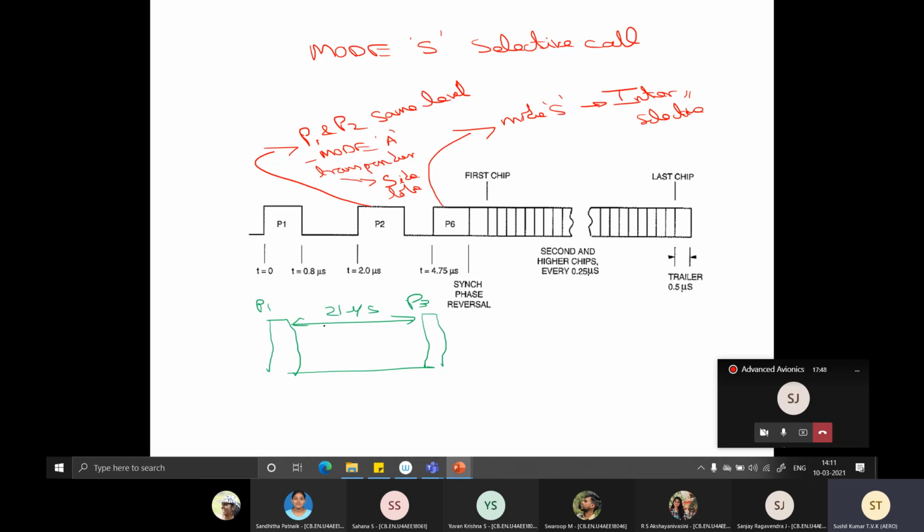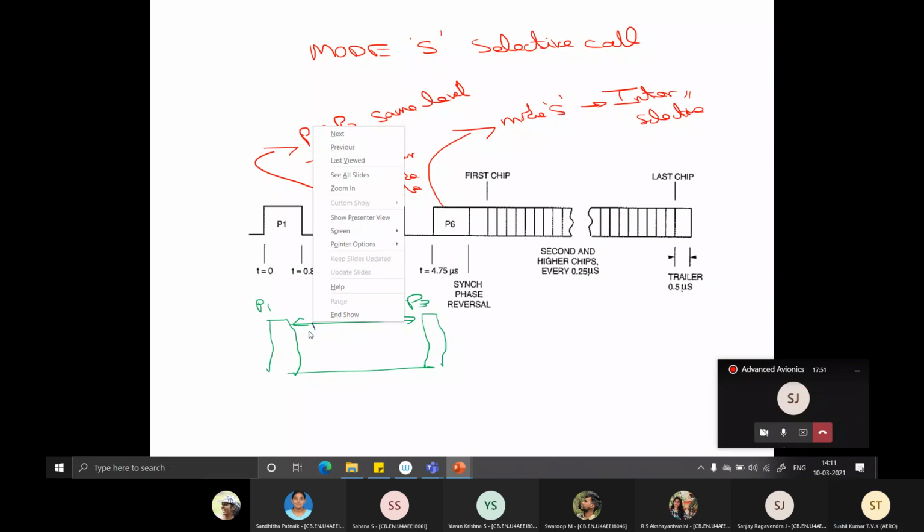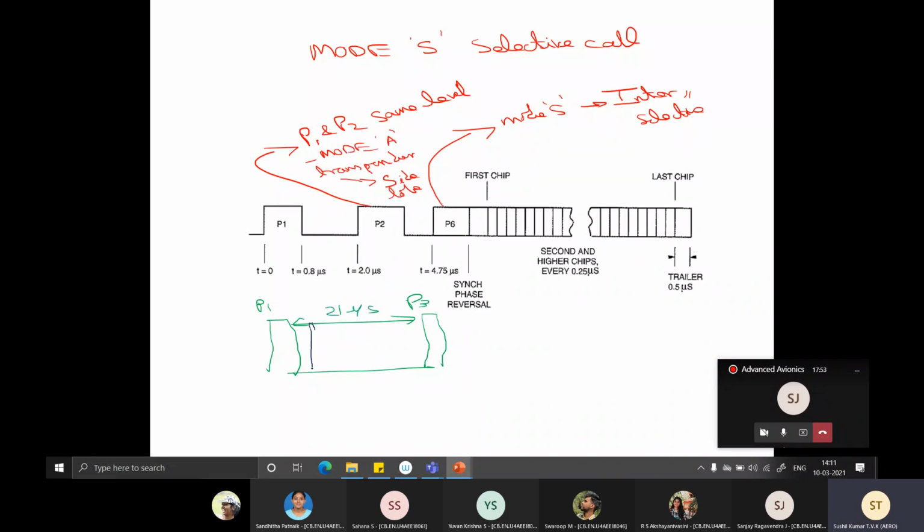Okay, it's quite simple. All you have to do is transmit one P2 pulse of the same amplitude. So what will happen if P2 and P1 are of the same amplitude in a normal transponder? It won't reply. Why? Because it will think it as side lobe. Excellent, sir. That's all. It will think as if it's coming from side lobe, and then it will stop replying. Okay. So that's how they used to block the mode C transponders.